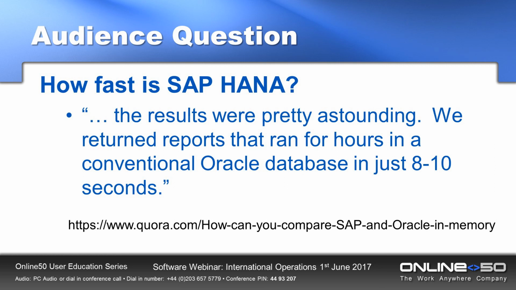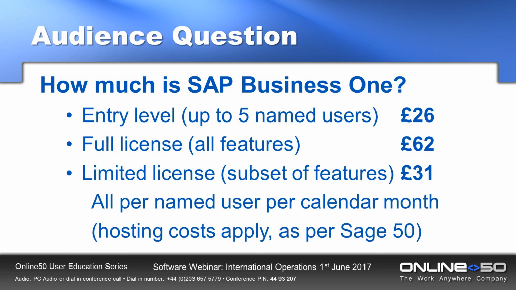Another question in here. How much is SAP Business One? Excellent, a direct question. We're comparing SAP Business One and Sage 50 today, so it makes sense to think about the price in terms of comparing those two. We've already said that Sage 50 Accounts Professional is $58.49, with Online 50 $125 from Sage currently. If we compare that to the closest equivalent license with SAP,